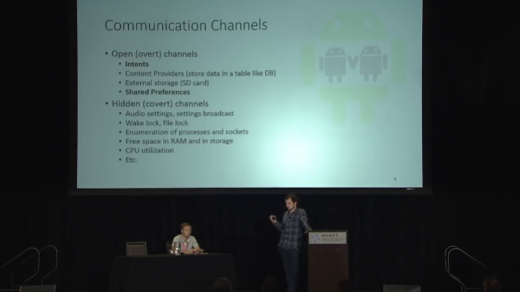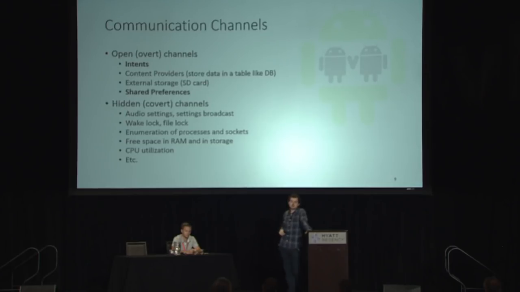Content providers, well, probably you all know that, are like small databases inside Android, and the most common content provider, I would say, is the contacts database. But if you want to use the contact database for app communication, you need to ask for permissions. We could also use external storage, but again, we would need to ask for permissions. And in some versions of Android, we could use shared preferences, which are a kind of communication channel that I will explain in a bit. You will see that intents and shared preferences are involved, because those are the channels we analyzed in our research that I'll display later.